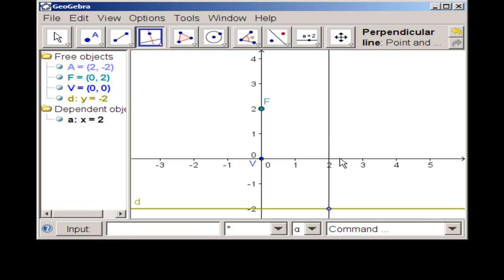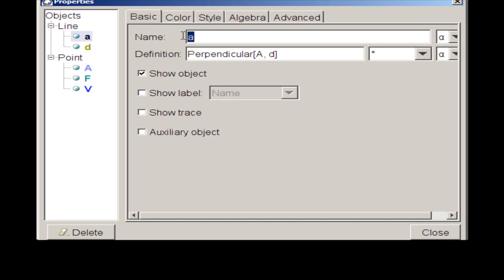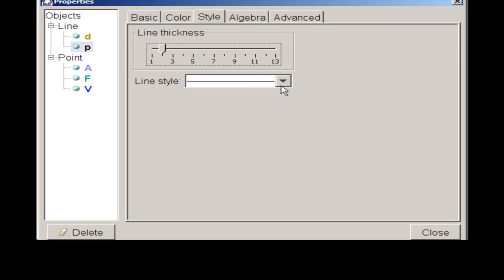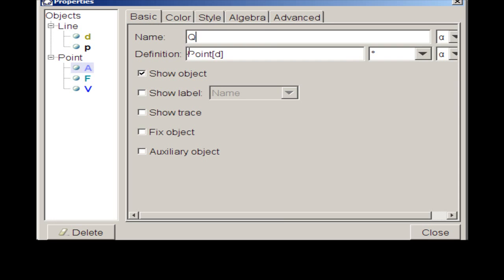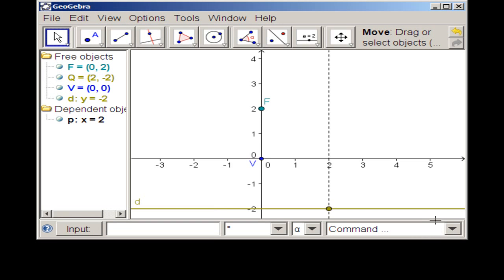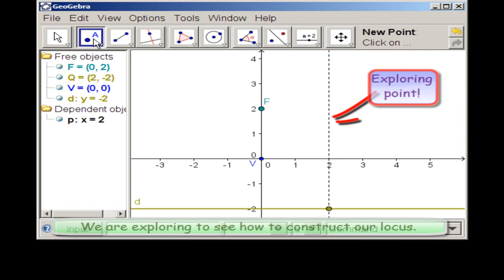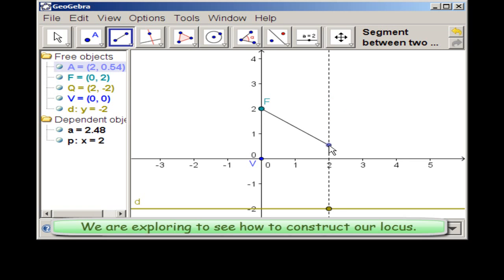Let's label this so we can see a little bit better what we're doing. So we'll make this equal to P, the perpendicular, and we'll make it dashed, and we'll get a point and call it Q because it's our point on our line, and we want it to be yellow and thick. Okay, so what are we looking for? We said we're looking for a point on this line so that the distance from F to that point and that point to Q down here, let's make the Q show up,